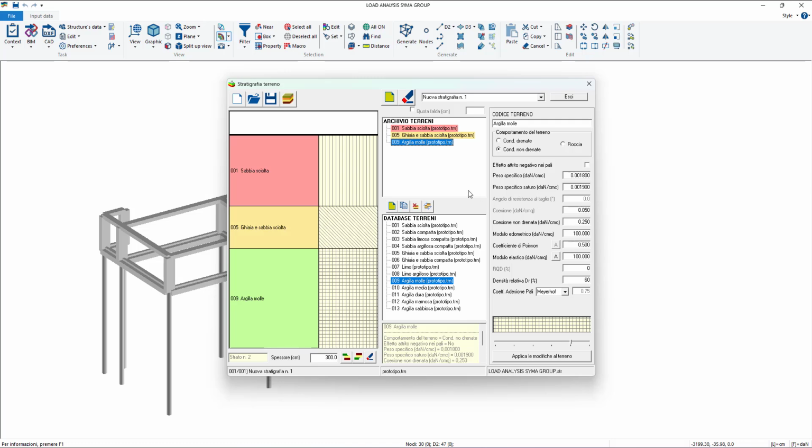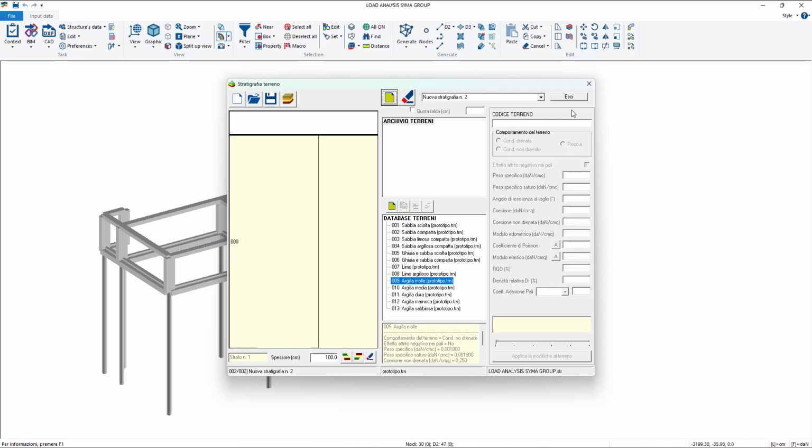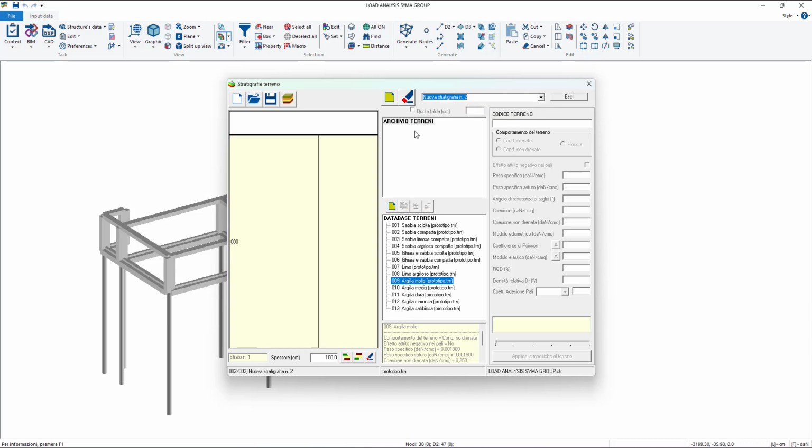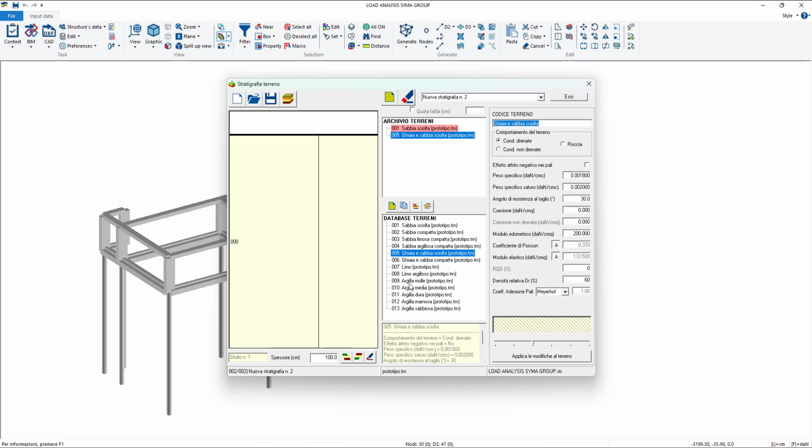And if now we are still working in the same archive, let's say that I want to add a new stratigraphy. I can use this command, so new stratigraphy. And now you can move between the first and the second with this menu. Okay, now I go a bit faster. Let's say, okay, same kind of soils. I add 3 layers. The first one maybe it's deeper.